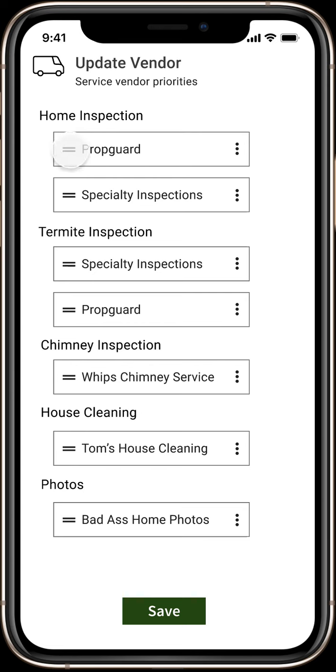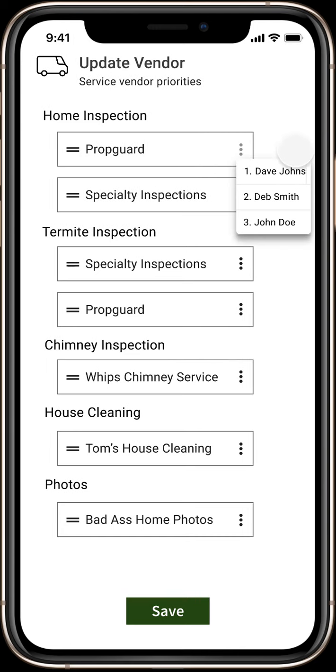So these little cards here, I'll be able to move up and down to specify the priority, like which vendor I prefer the most for each one of these services. And further, if I have resources at a particular vendor, for example, at PropGuard, if there are 2 home inspectors or 3 that I like to work with, and maybe I have a priority of those 3, I'll click this button here, and that will enable me to enter in the